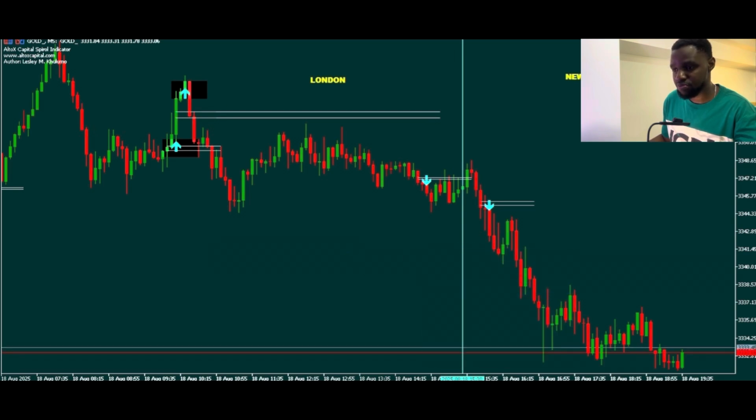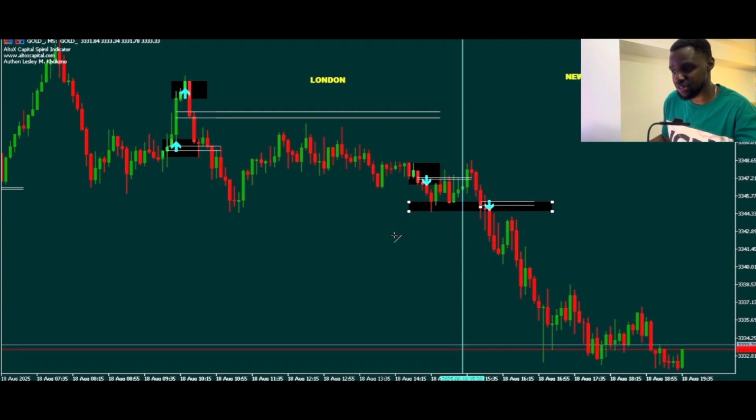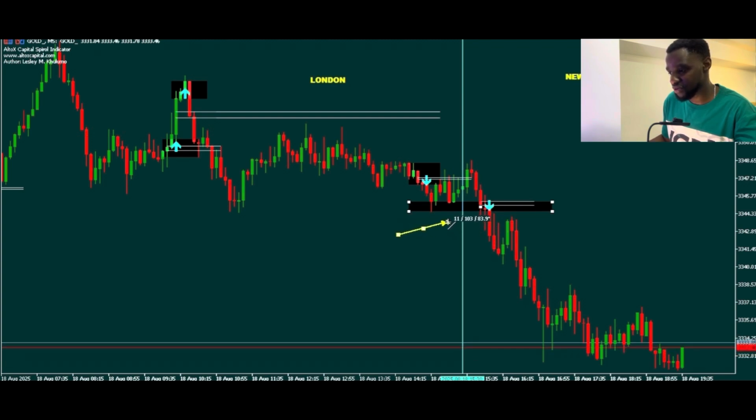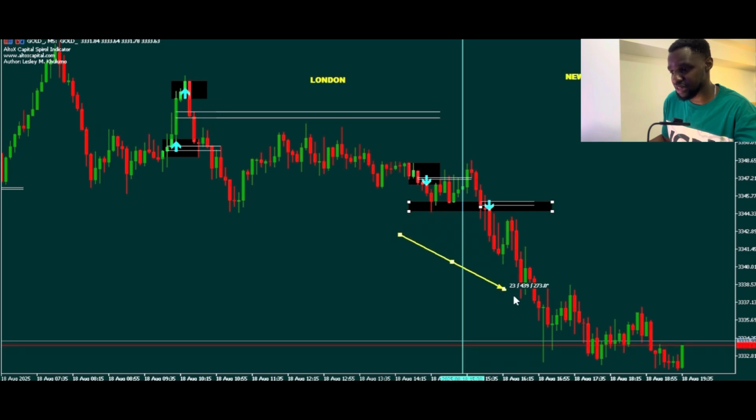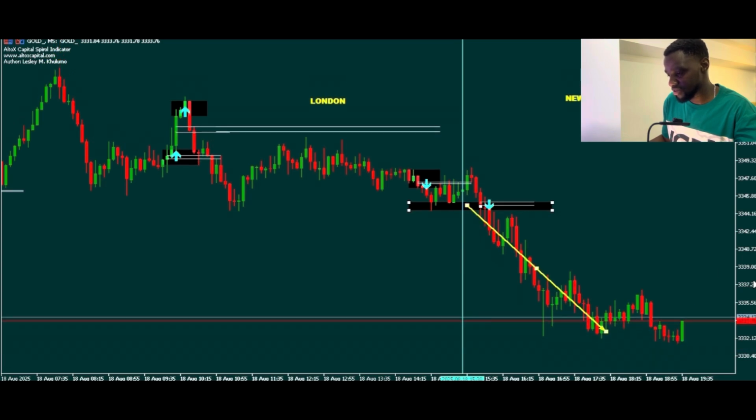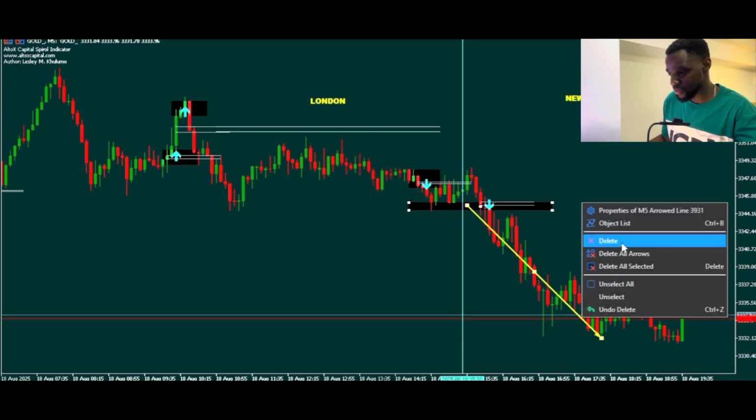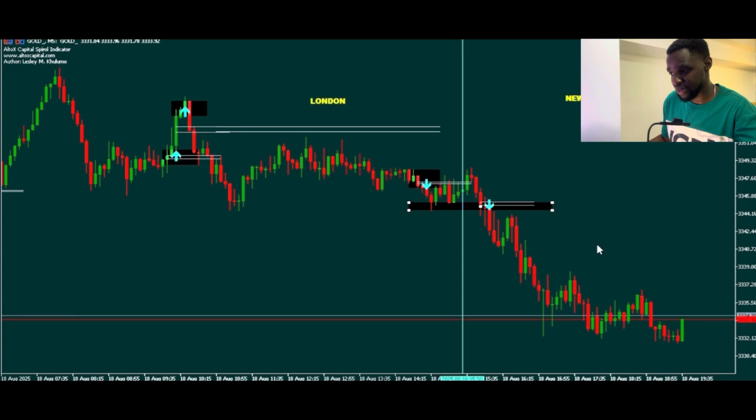So as soon as I saw price printing this sell arrow right here and eventually printing another sell arrow right there, we took our entries right when price started closing below the arrow lows, which was somewhere around this 3344.33 area, and we saw ourselves plummeting down all the way to around the 3332 area, giving us a good 13 points on this particular move,